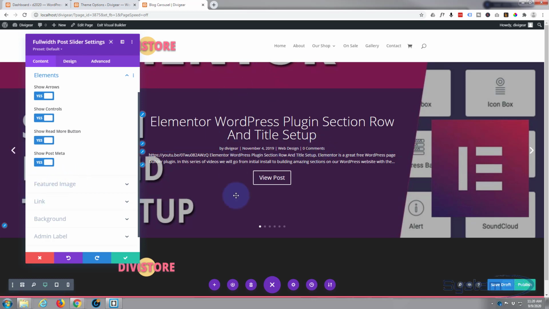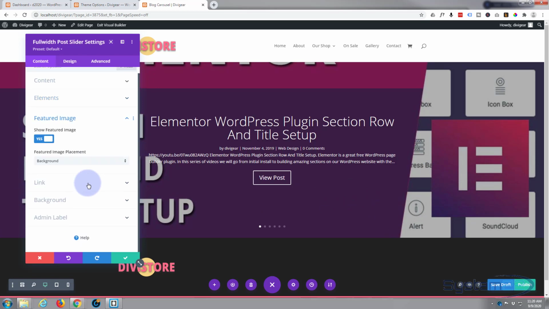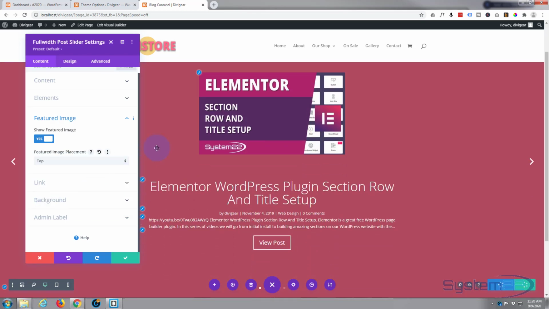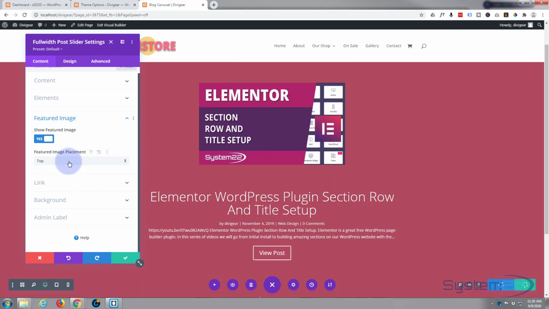Now the featured image, that's the one that I was telling you is in the background there. Really doesn't work for me. Mine's too busy, that background image, so I think I'll put in a separate one. And I think I'll put my featured image perhaps on the left hand side. At the moment the default is for the background. You can put it left, right, top. I think I'll end up with mine on the left. That's how I had it before. I mean, that works a bit better, but I prefer to have mine on the left or the right, so I'm going to put mine on the left,